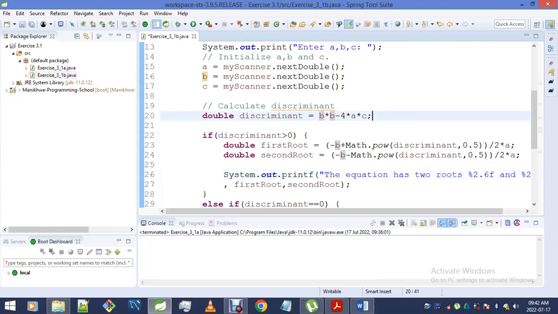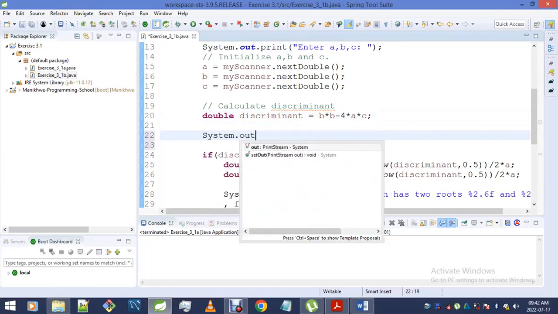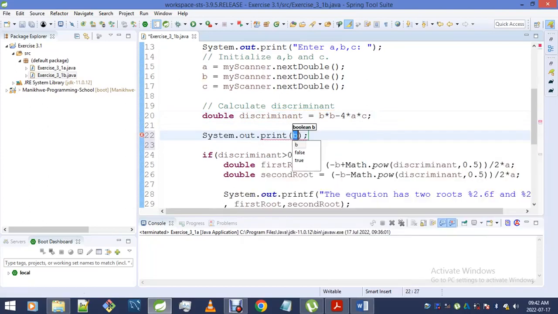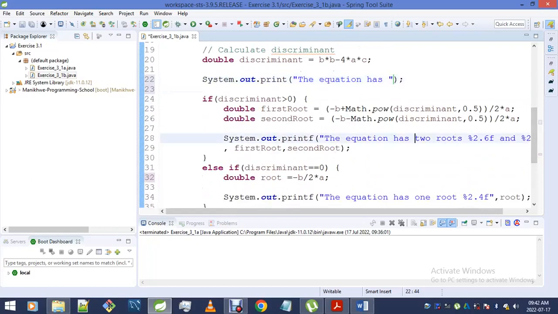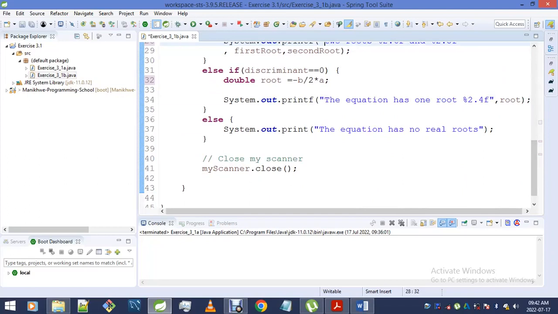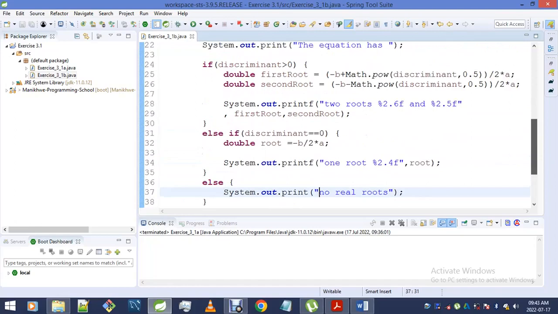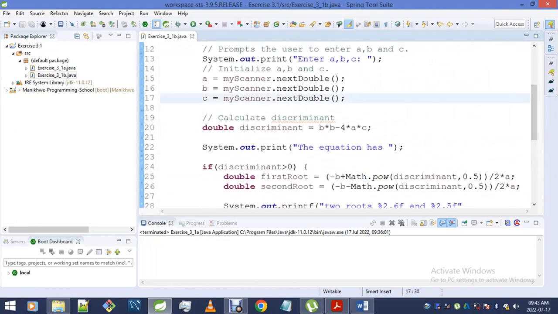So what I want to do is, after I've calculated my discriminant, display System.out.print of the shared portion. I'll then get rid of that portion there, and then that one there, and that one as well. As you can see, you guys, now our solution is a little bit cleaner. So that's going to be it for this tutorial. But before I close it,